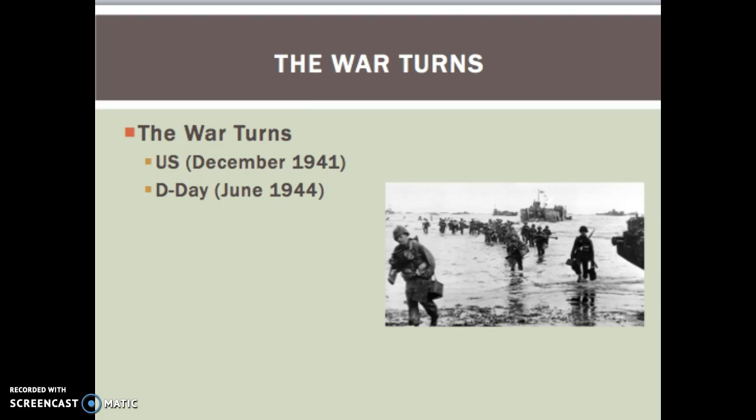Another turning point in the war will occur in the west. I should say this, the United States will become involved in World War II following the Pearl Harbor attack in December of 1941. Still, it's going to be a slow process before the United States and its ally, Great Britain, will be able to really start to push back against the Germans in the West. In fact, it's going to take 2.5 years before the U.S. and British forces will feel strong enough to open a second front in Western Europe.